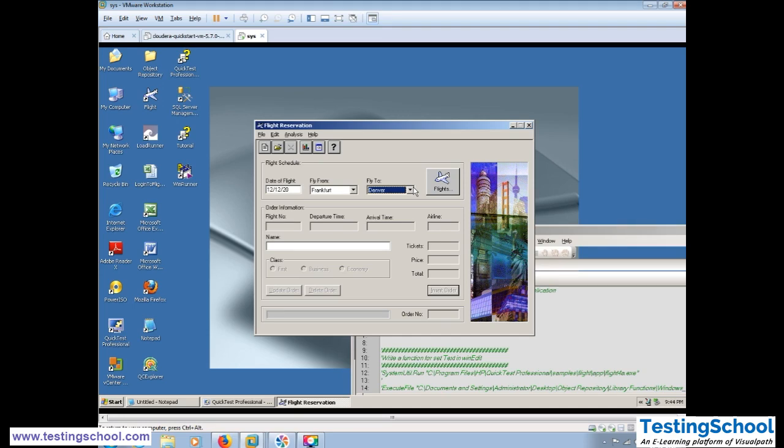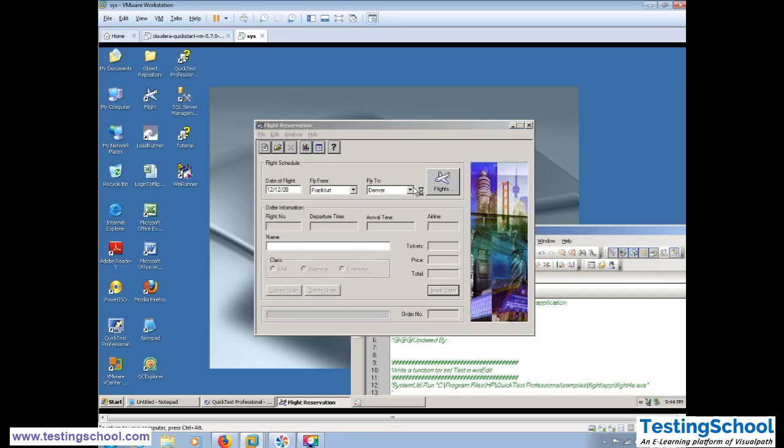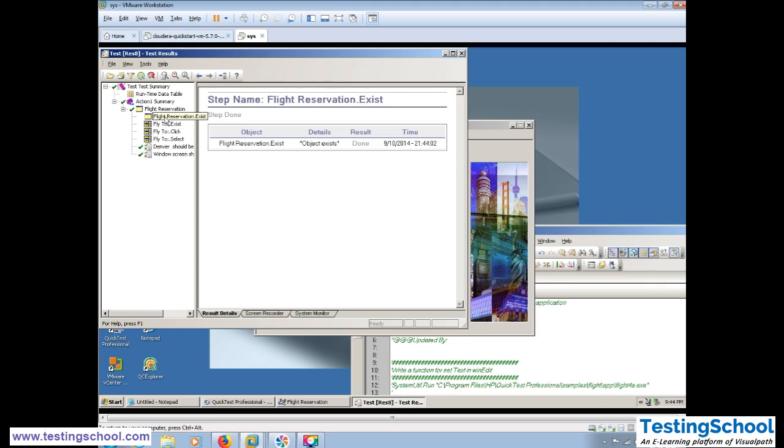See, Denver came, done. See, it is passed. Now you'll get the report everywhere. Object exists, fly object exists, and then Denver should be selected. Denver is selected. So this kind of report, where what needs to be selected, that value name should be represented,